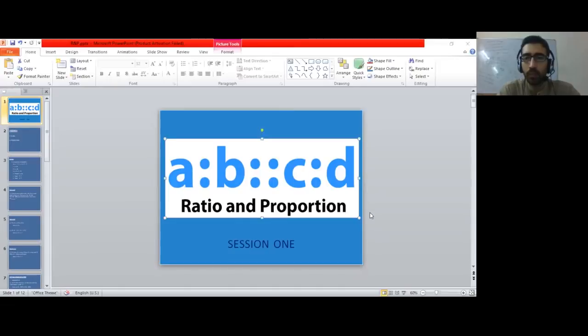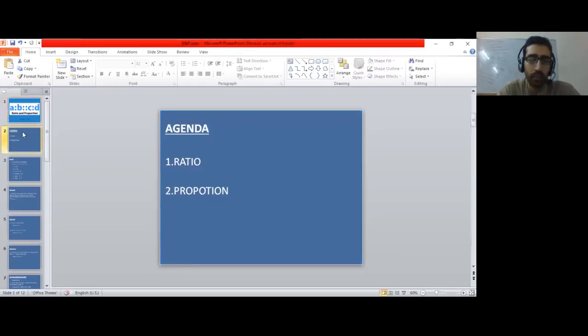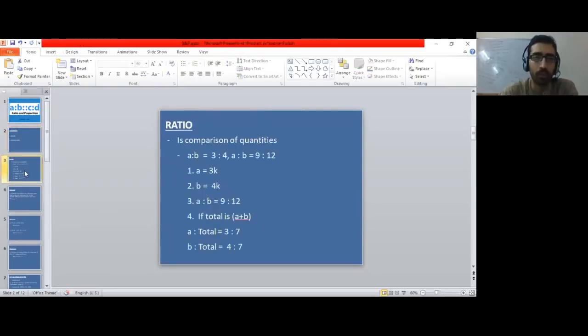Used for equating two numbers, okay. How one entity compares with the other, exactly, yes. I don't know if there's a lag, but your answers are coming after a fair bit of time. Comparison, yes, comparison it is. We will cover ratio and application of ratios, and we'll talk about the different ways the term proportion is used. There are many different ways in which this term is used, and we are going to talk about that. Right now, we'll talk about ratios.